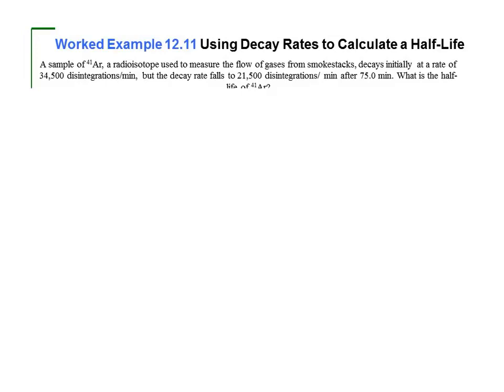None of the equations that we've really learned up until this point can help you solve this, because all they've given you is two rates at a random time. This really has to do with the method of initial rates. We have a decay process here, so if we assume that it's first order, then our initial rate is equal to k times the concentration of argon that we had initially. They've told us that that initial rate